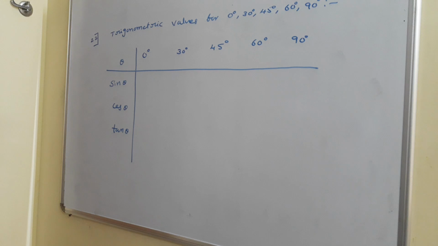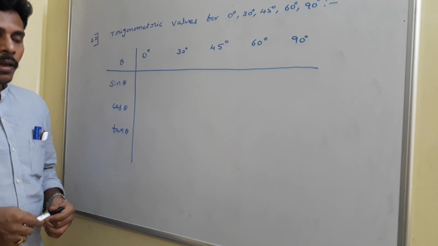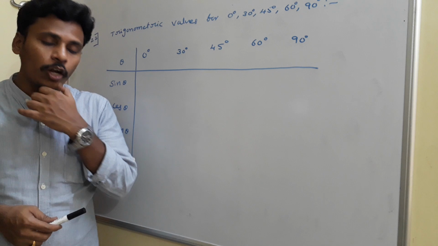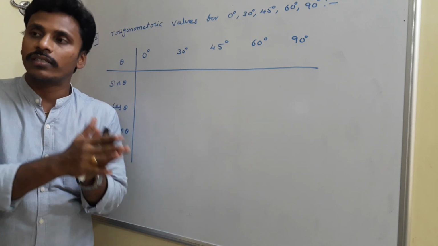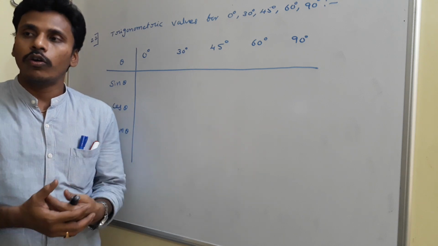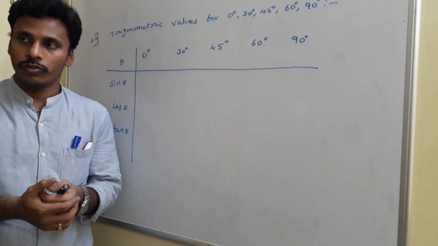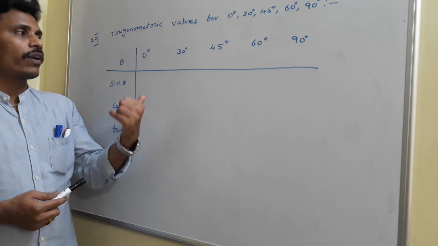To find the trigonometric values for these angles, we already did it for some angles in the previous classes by taking the terminal ray. In a similar fashion, by finding the values, we use the angle ratio versus the sides ratio. With the sides ratio, we found the ratio between the opposite side and the hypotenuse, and the adjacent side and the hypotenuse. Those ratios are nothing but the trigonometric values for these known angles.